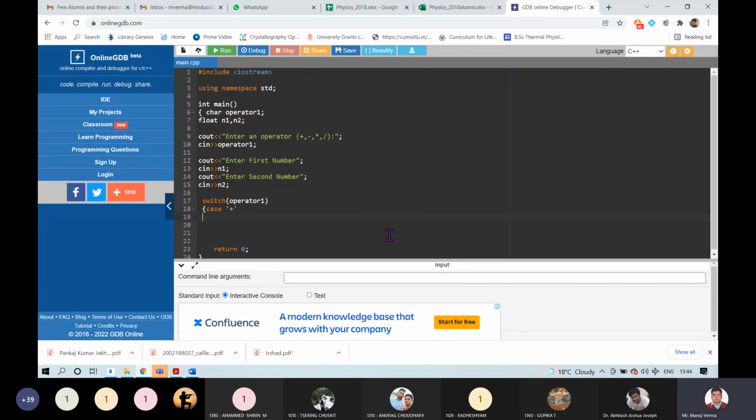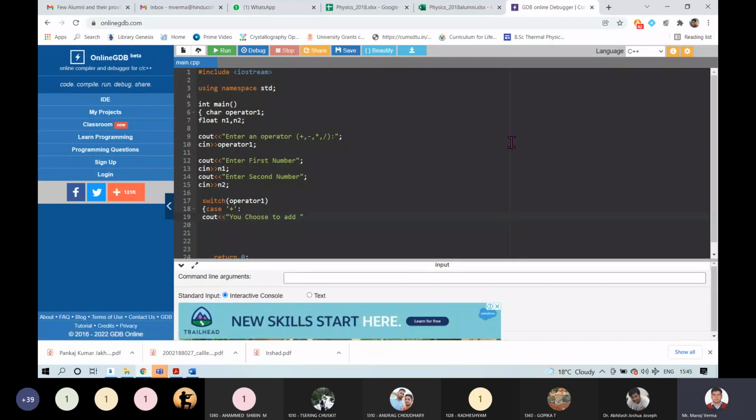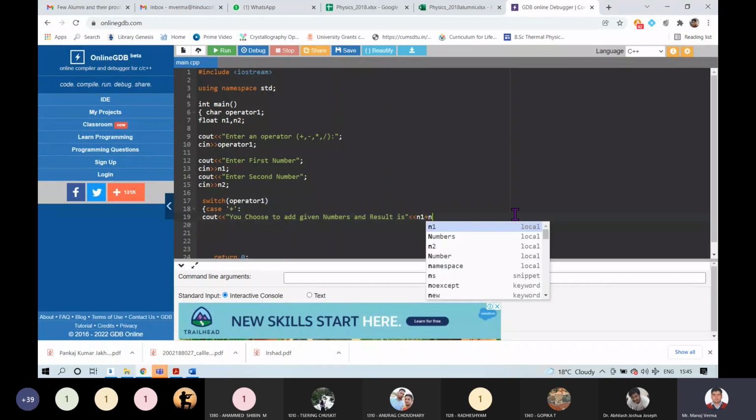For the first case, I will write cout, you choose to add given numbers and result is n1 plus n2.